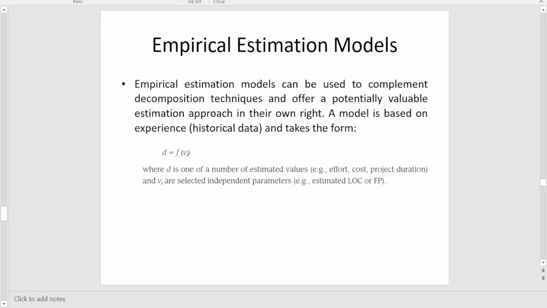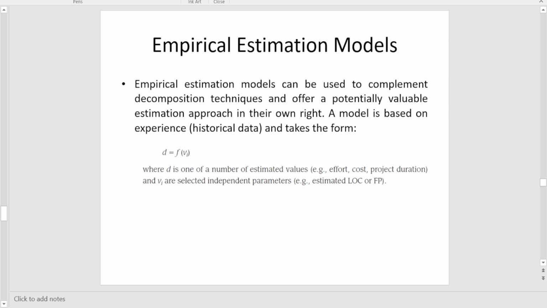So hello students, after completing the size orientation matrix and the LOC based and function point based estimation, now the next topic is empirical estimation models. Empirical estimation models can be used to complement the decomposition techniques or offer a potentially valuable estimation approach in their own right. The model is based on the experience or historical data and takes the form d is equal